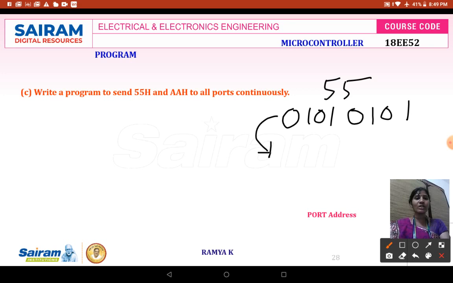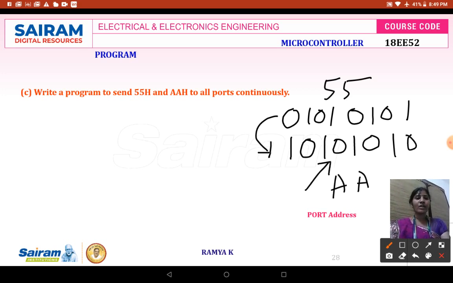Complement means all zeros are converted to 1 and all ones are converted to 0. So I will get the data 1010 1010. This is going to be your AA. For this we need to write a program.